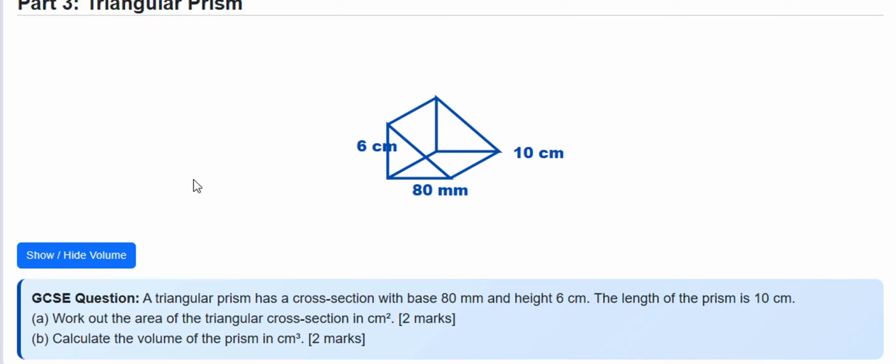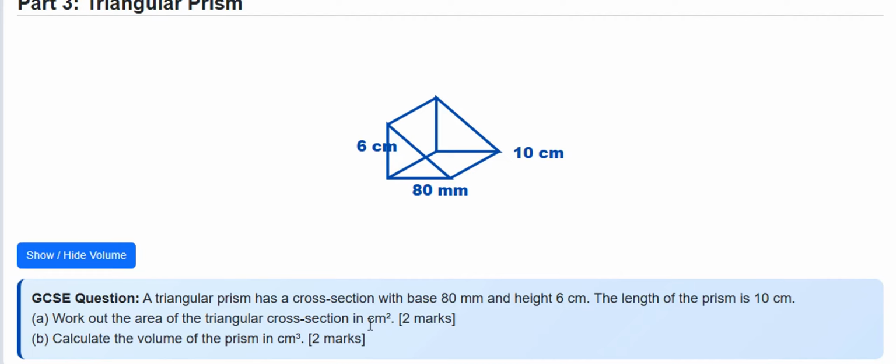Let us try another question here, where we are dealing with a triangular prism. You are told here, a triangular prism has a cross section with a base of 8 millimeter and height of 6 centimeters. Then the length of the prism is 10 centimeters. Then here, work out the area of the triangular cross section in centimeter squared, then calculate the volume of the